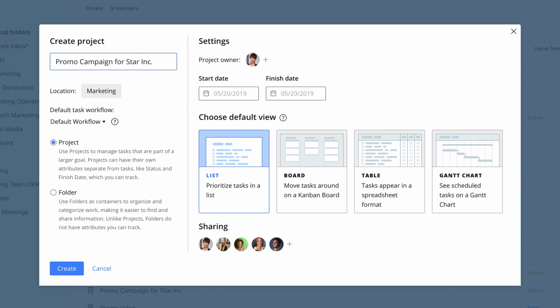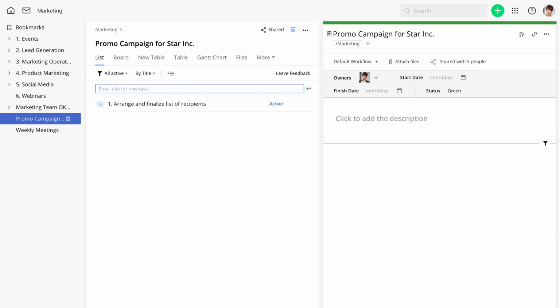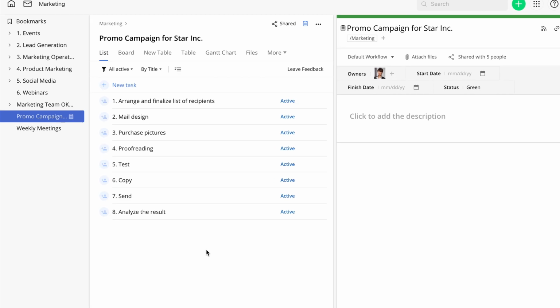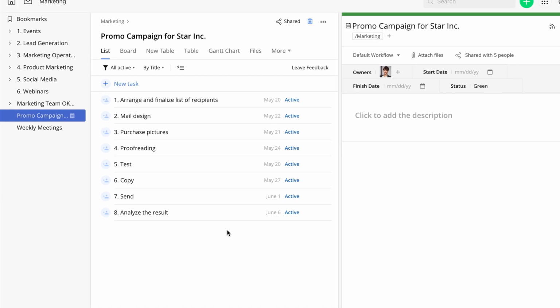Don't forget that you need to break your project into the actionable steps represented with tasks. So once the project is created, let's start populating it with tasks. This one's going to be a relatively short project that'll contain only 8 tasks. Remember to always assign and schedule your tasks. If the tasks are assigned, everyone has a clear understanding of who is responsible for what part of the work. And if the tasks are properly scheduled, your team members can prioritize their work on a daily basis.